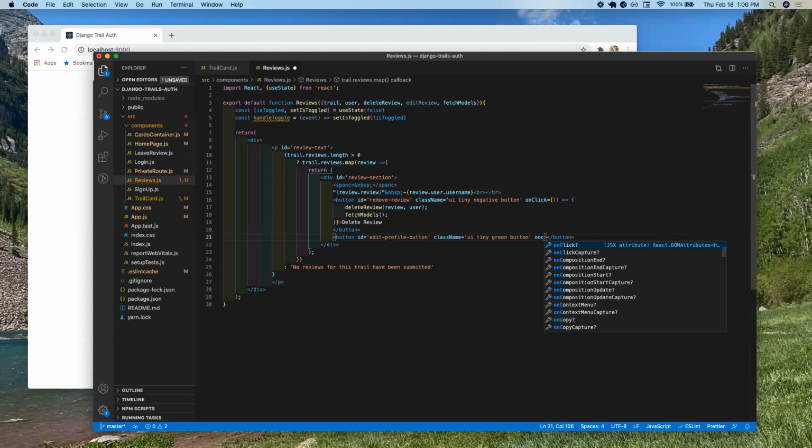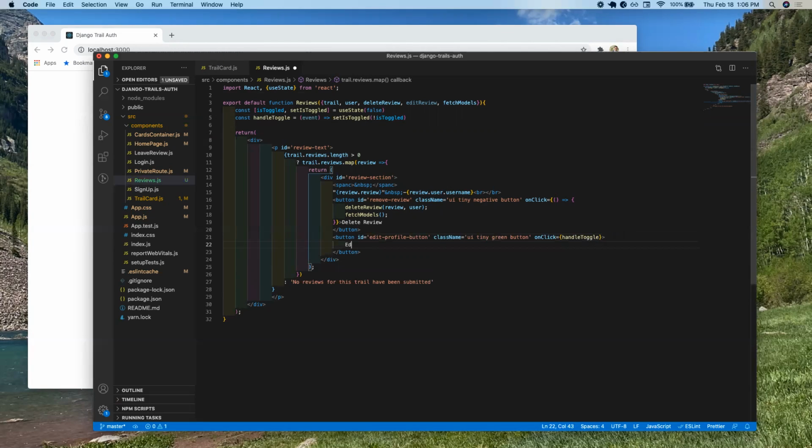And then on click, we want to handle this toggle function like so. And then we'll call it, we'll bring this down here, edit review, like so. And then outside of our original return, we'll have a,